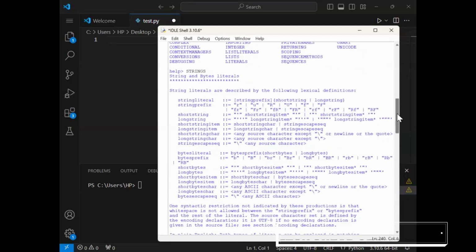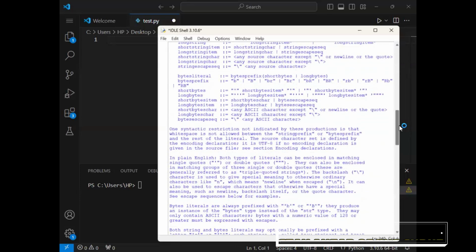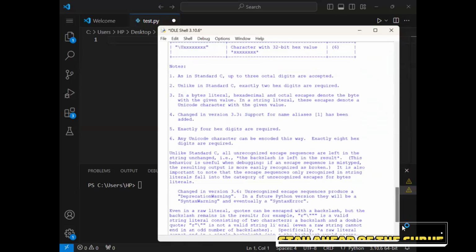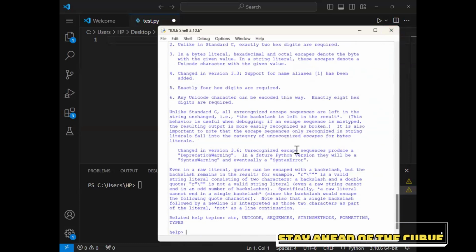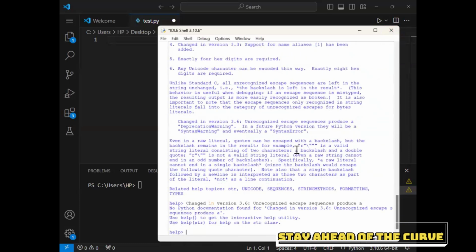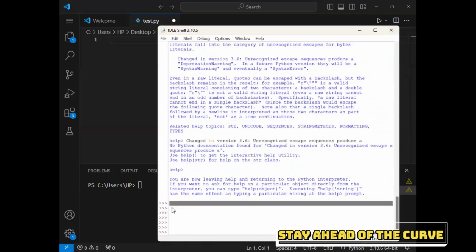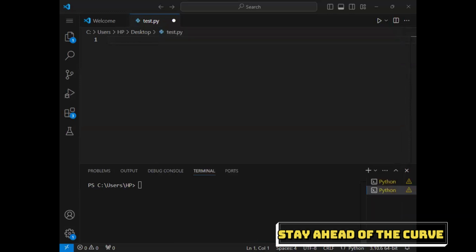It squeezed that, but if you double click, you can open it and learn about anything about strings. Then you double click and you come out of it, back to the interpreter mode. Not good, I will say.